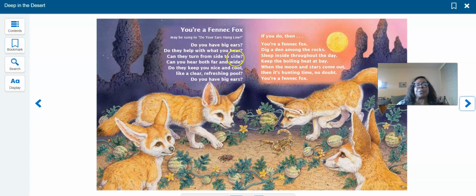And then, can they turn from side to side? They probably can twitch a little bit, or move from side to side. Can you hear both far and wide? Look at them. They're kind of almost like a shell shape. And if you've ever held a shell to your ear, you'll probably notice that shape helps the sound to travel. You feel like you hear the ocean inside of shells,